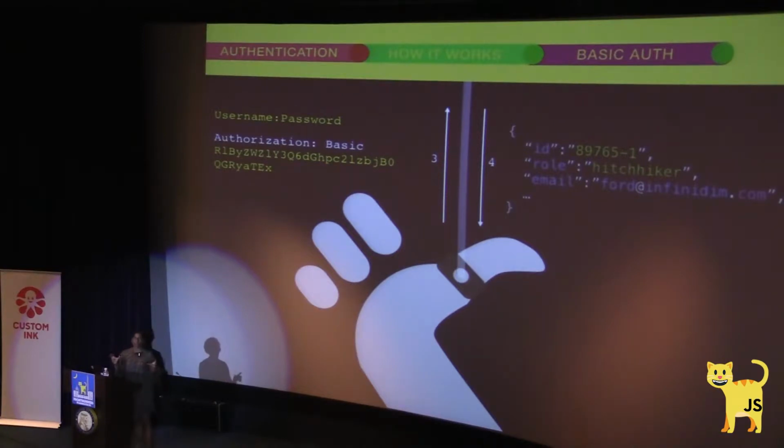Essentially, that string of numbers and some characters that you see is a username and a password separated with a colon and then base 64 encoded. So it's not actually very secure. So I would really not recommend you doing that. And the thing with basic auth also is that it's a one-to-one connection, because you're authorizing yourself with one single server. And most of our applications don't actually have that.